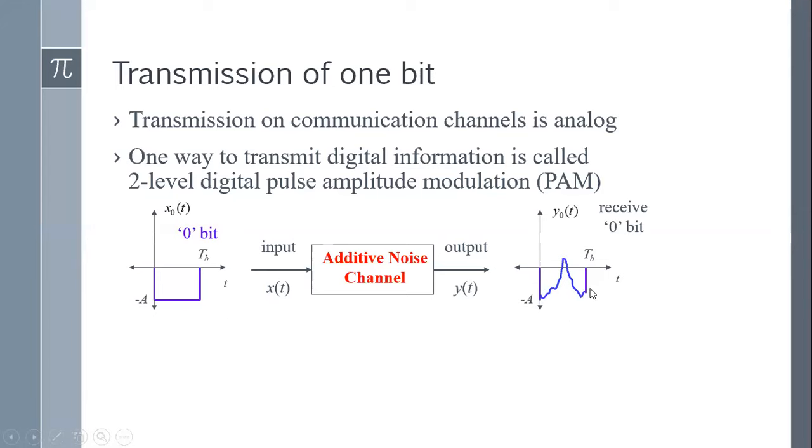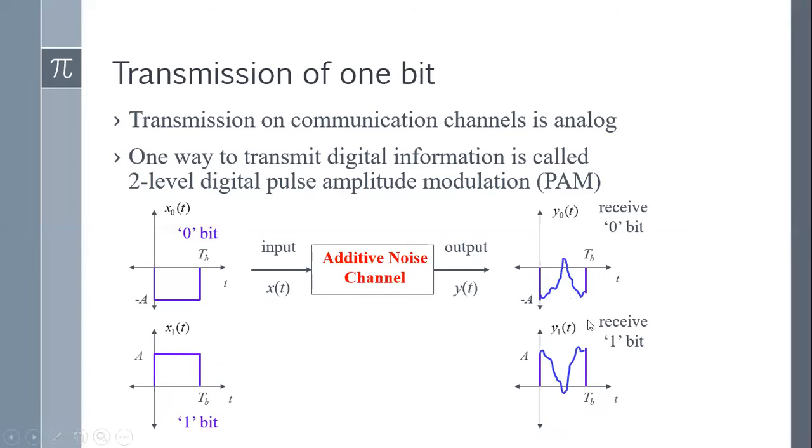Now, can we determine from this signal whether it is 0 or 1? Is it possible? It is not possible. Similarly, if I transmit bit 1 through this additive channel noise, the noise is added to this signal, and on the receiver side we may get a signal like this. From these two signals, can we determine which one is 1 and which one is 0? It is very difficult, because from this noisy signal we have to convert into 0 or 1, and we cannot determine which portion is 1 or which portion is 0.